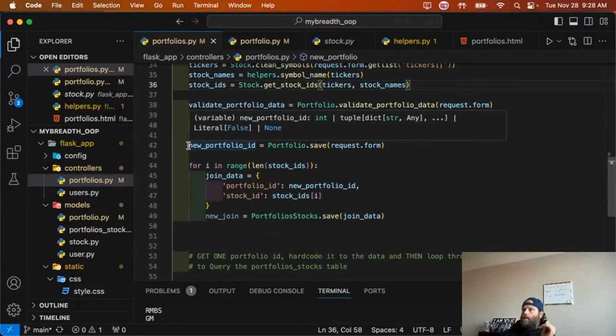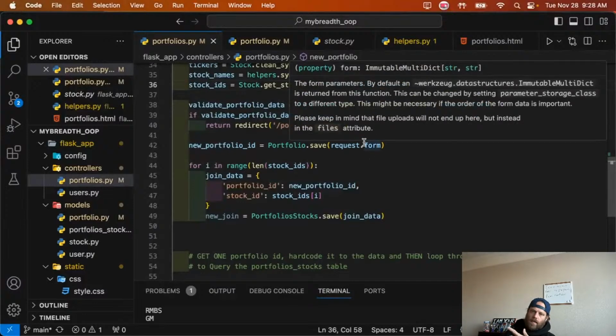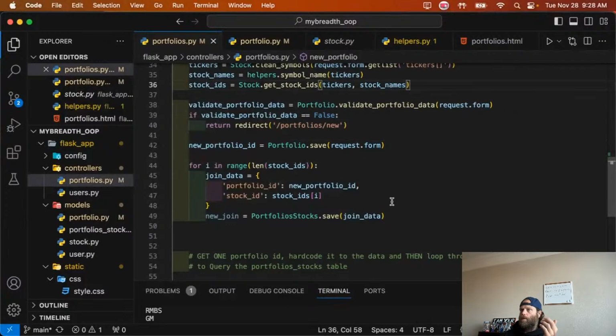And then we go here and we make a new portfolio. If the data validates and the name doesn't already exist, then we'll just save it as a new portfolio. Pretty simple. And then we have to go ahead and do